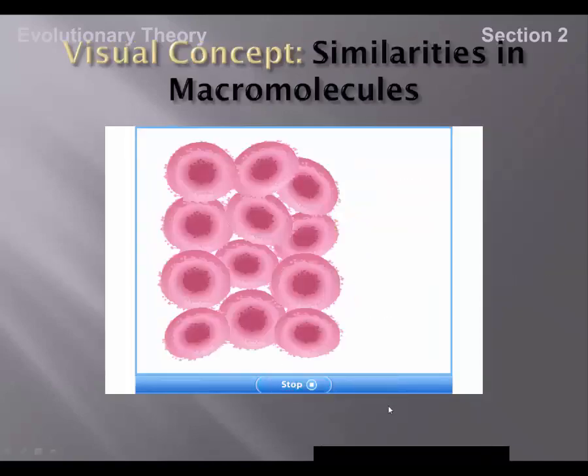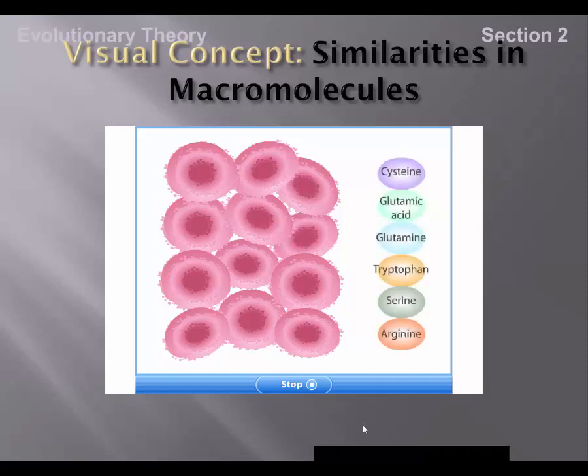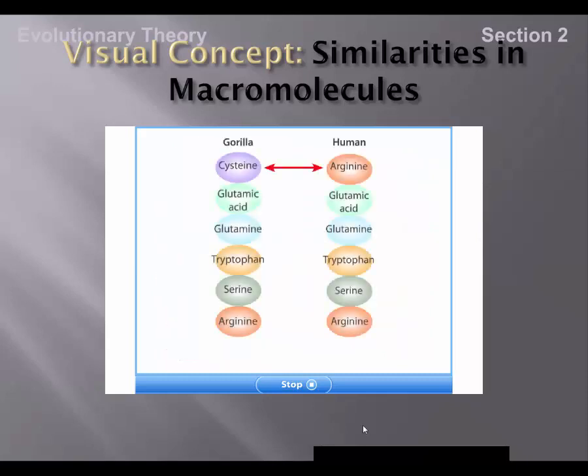The mature red blood cell is little more than a membrane sac containing hemoglobin. Hemoglobin is a string of amino acids. This hypothetical string of amino acids will be used to show the difference between gorilla and human hemoglobin. Human hemoglobin and gorilla hemoglobin differ by only one amino acid. In this hypothetical amino acid chain, notice that the amino acid that is purple in the gorilla chain is orange